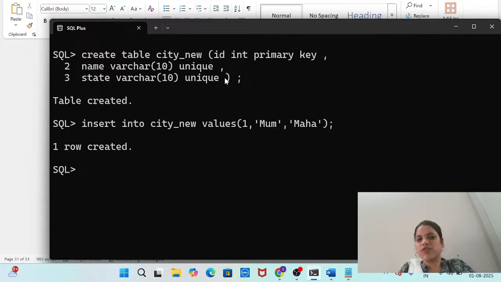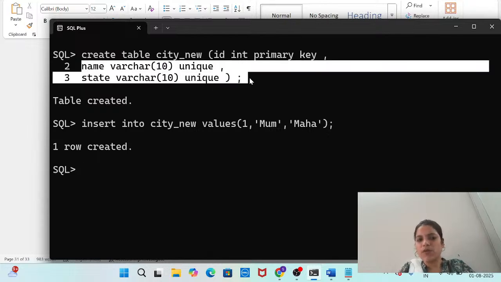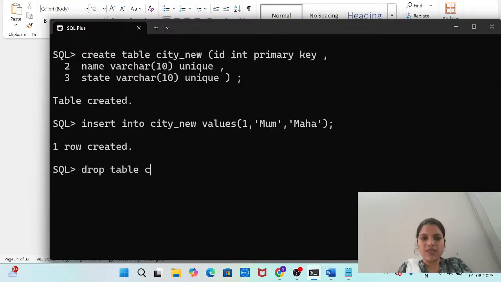That means it is inserted. So what I wanted to show, a table can have more than two unique keys, correct? What I wanted to tell you here: this gave me an error while creating more than one primary key, but there is no issue if a table has more than one unique key. Is that fine? Okay, let me drop this table city new,